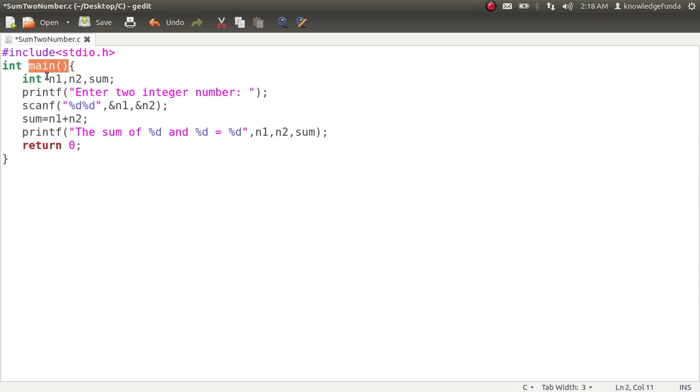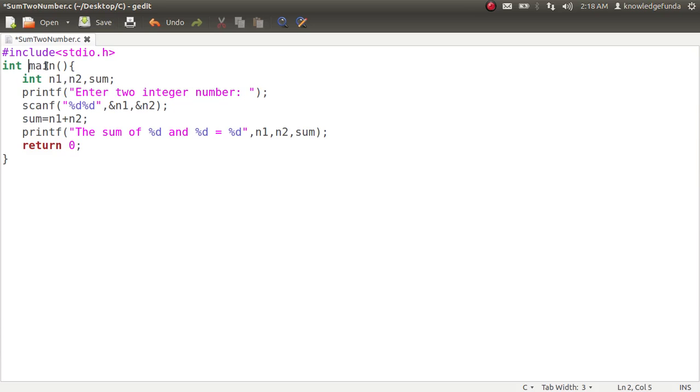Here in this case, the main function is called by the operating system, and if a function is called by another function, the function which is calling is called the calling function, and the function which has been called